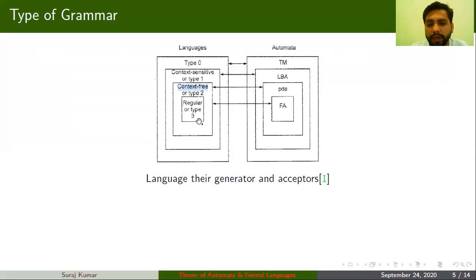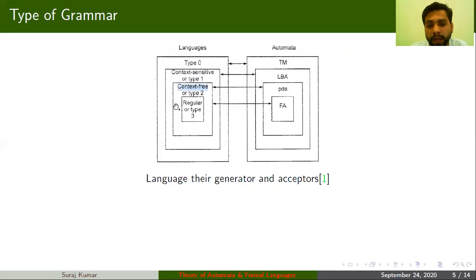Here I only want to talk about context free grammar, which is actually type 2 grammar. I also told you in class that if your grammar is simpler, that means your language will be more complex, and if your language is simpler, your grammar will be more complex.